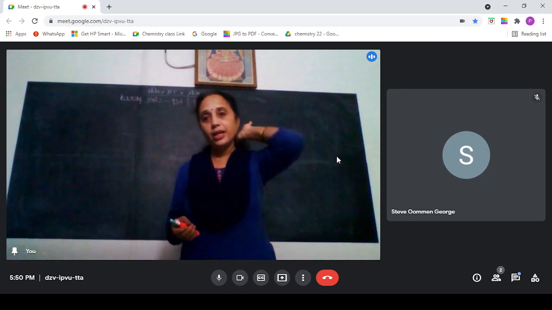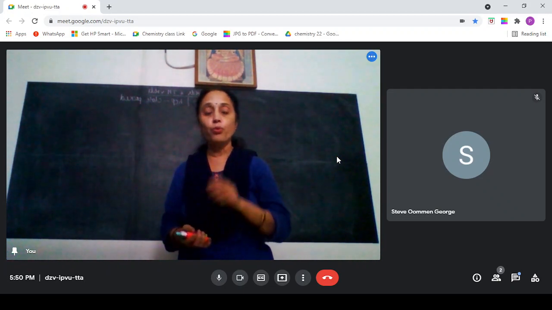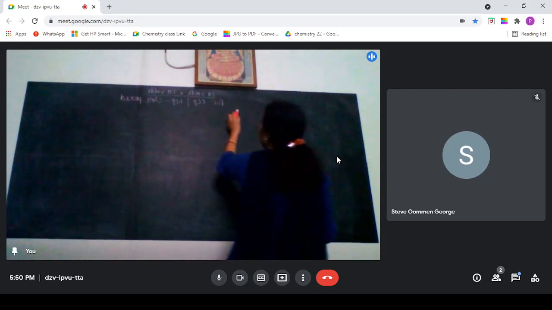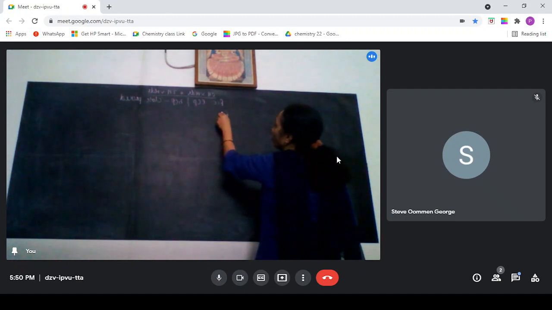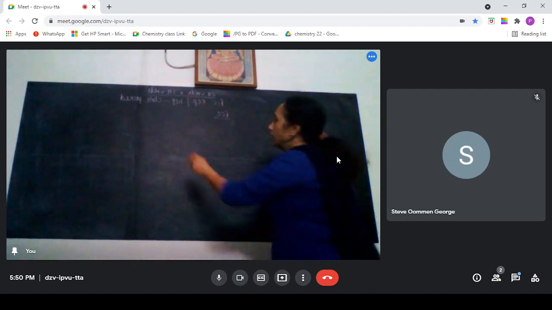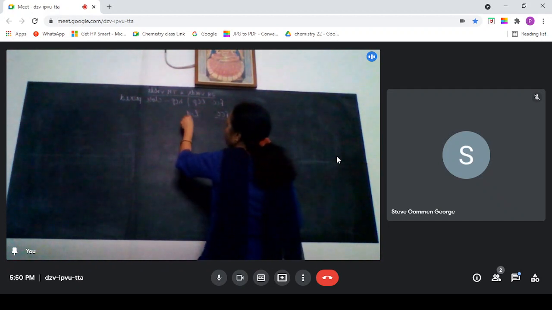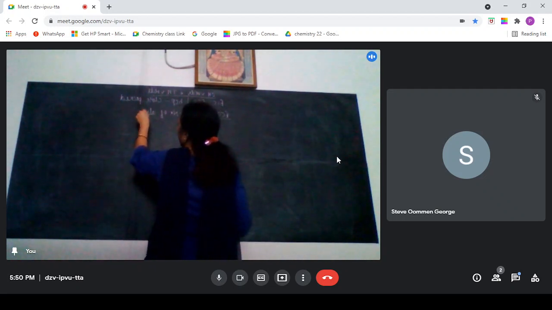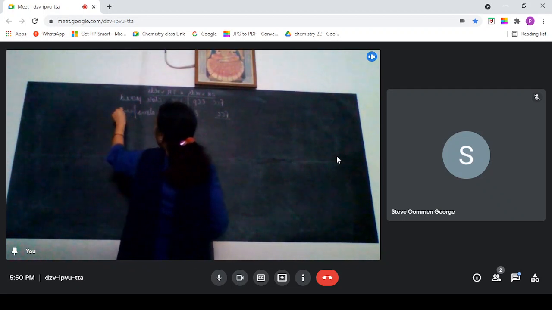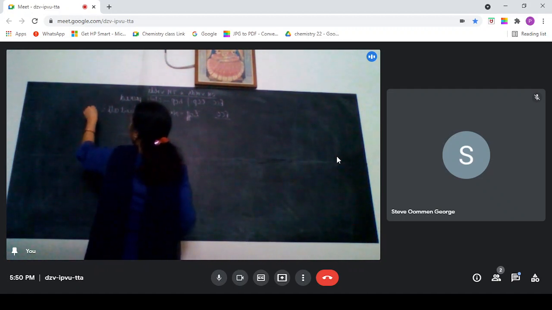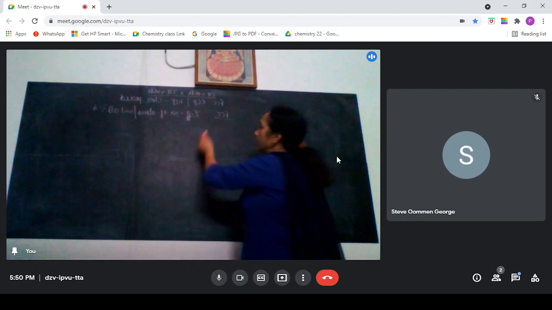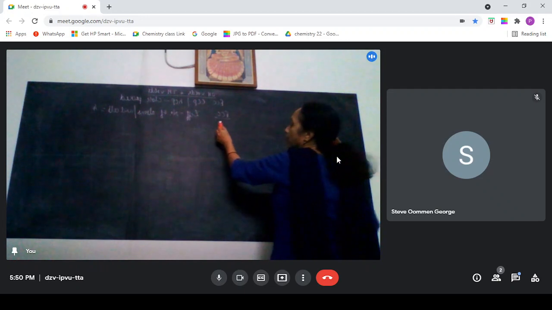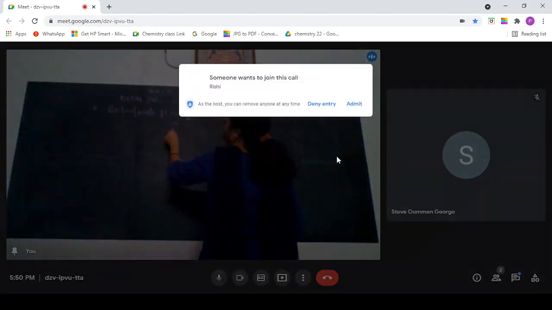This point is not given in any of the books. So I will tell you how it is created, where it is created. So now first I will tell you how many are created. So for a face centered cube, Z effective, that is number of atoms or constituent particles per unit cell, is equal to 4. So for FCC, number of octahedral voids,